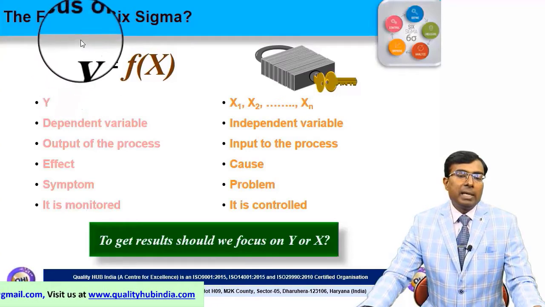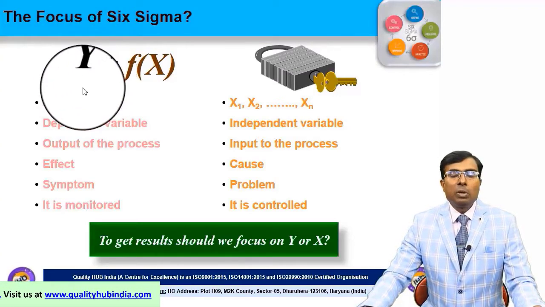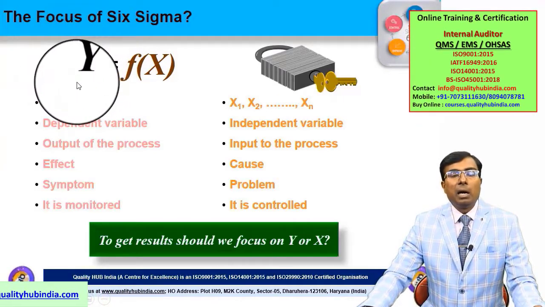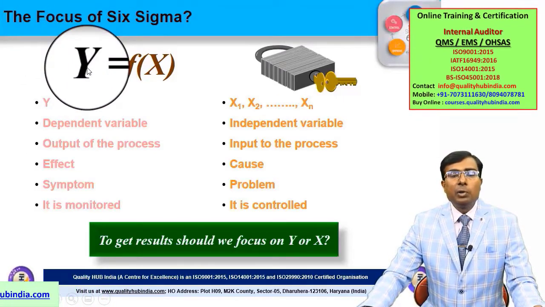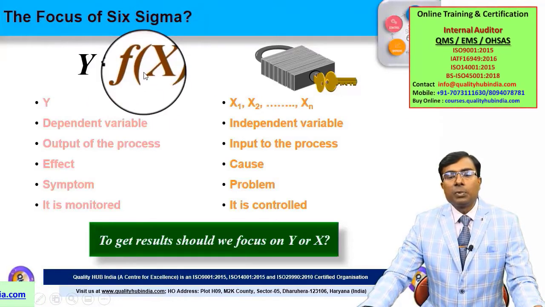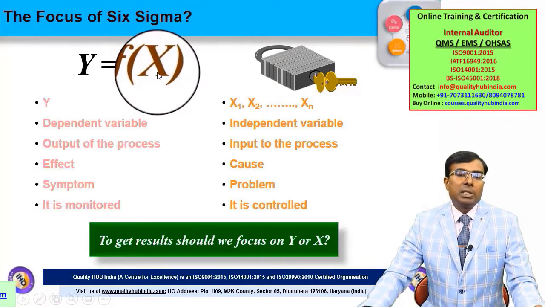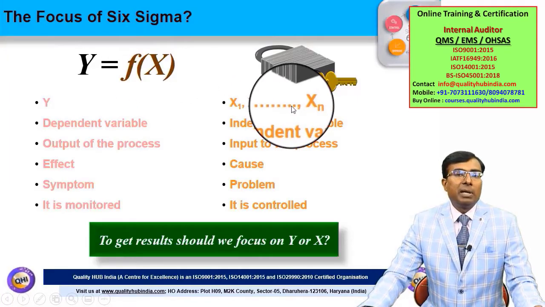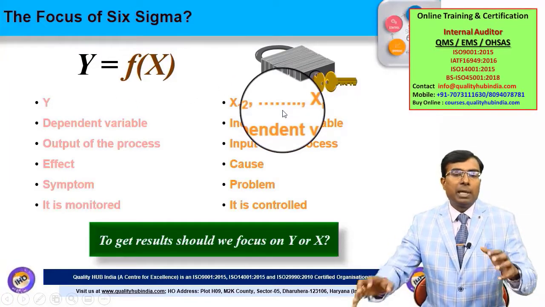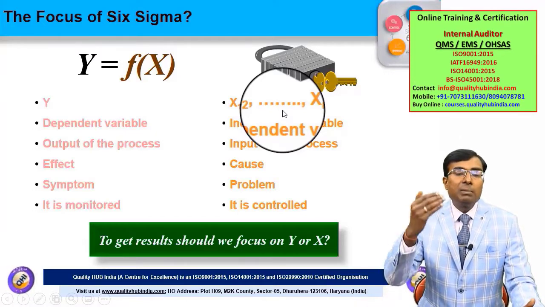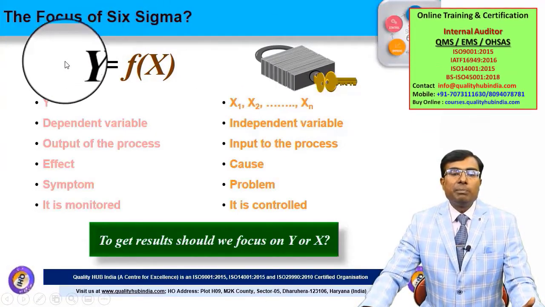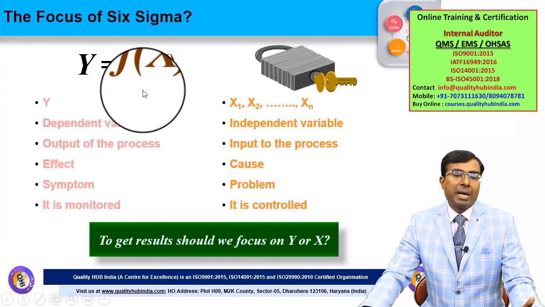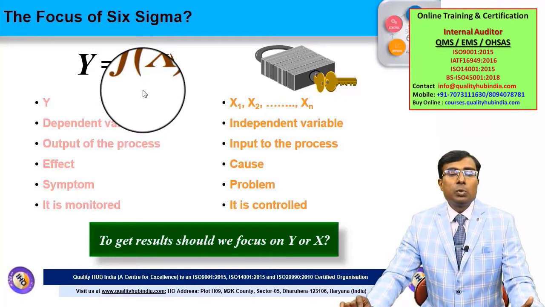For example, my y is productivity improvement, or productivity or quality. Now, how can I improve quality? How can I improve my productivity? I need to identify the input variables or independent variables which are impacting the y. Once I identify all these input variables and I try to control them, improve them and optimize them, I would be getting a positive impact on my y. That's why this equation, y is equal to function of x, is very prominently used in the Six Sigma